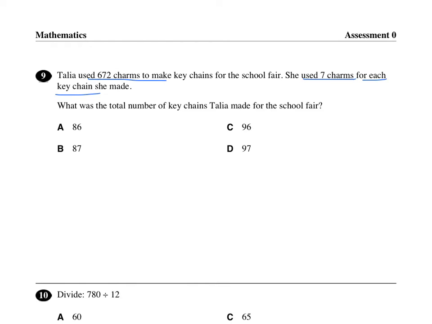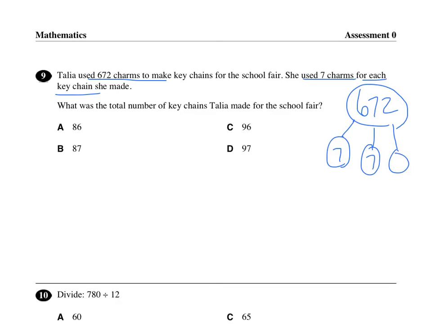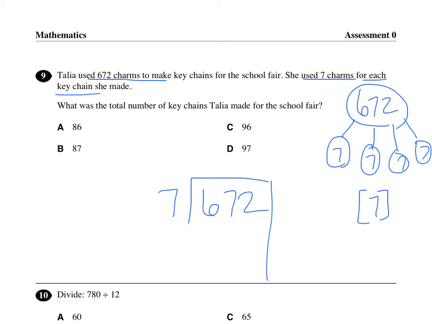So what the student should think about is this big amount, 672, being distributed in equal groups of 7. When we're putting things into equal groups from a larger group, that's the work of division. So students should set up problems by putting 672 inside the bracket, dividing by 7, asking themselves how many groups of 7 can I use to get close to